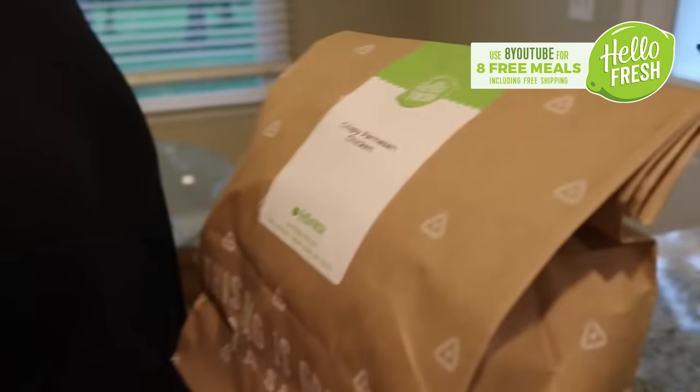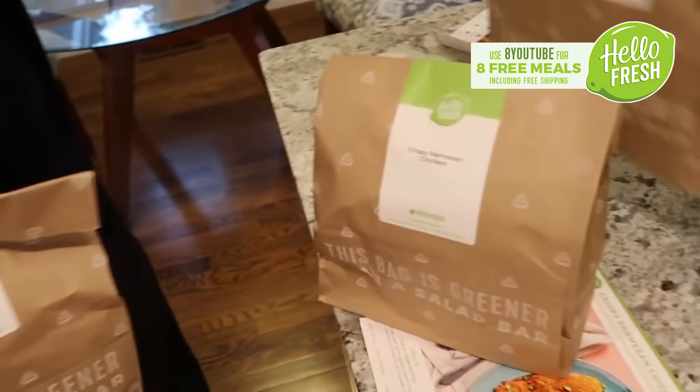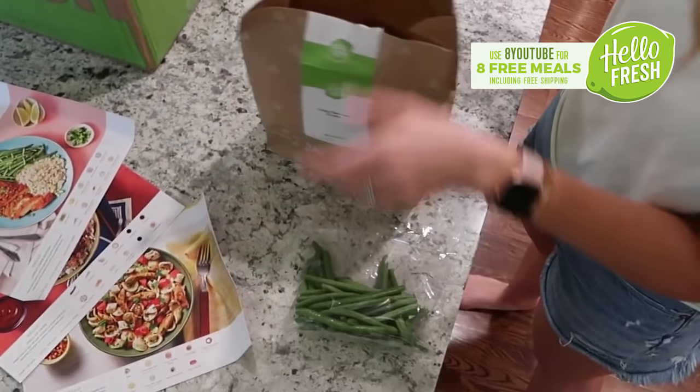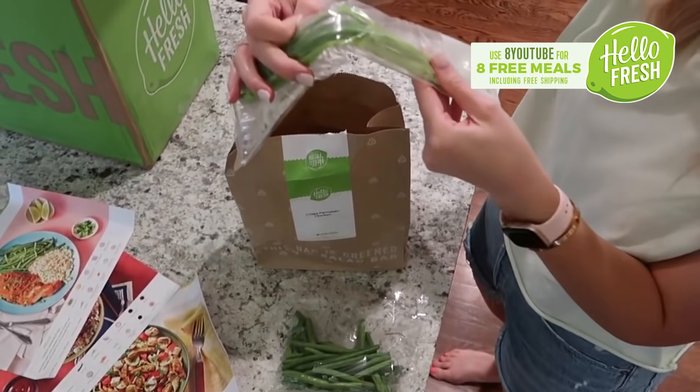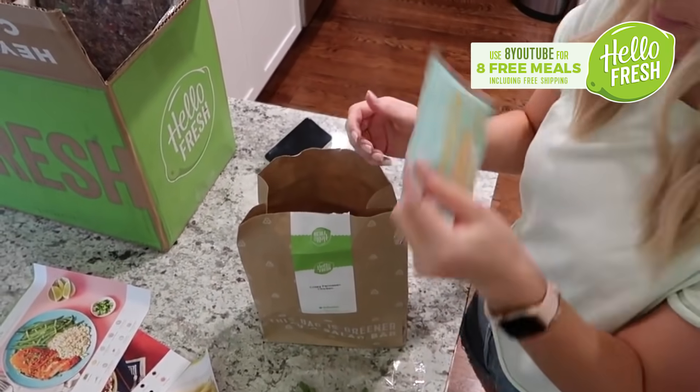So let's put these other ones in the fridge. And then we'll open this one up and see everything that's inside. Green beans, scallions, Parmesan,